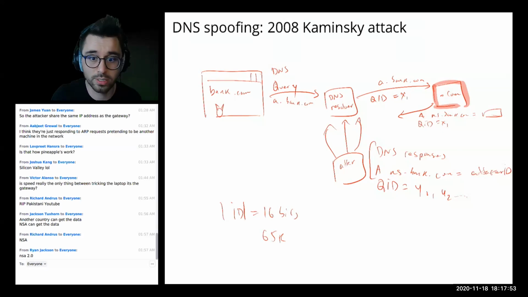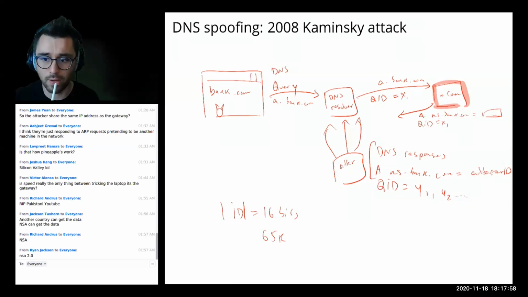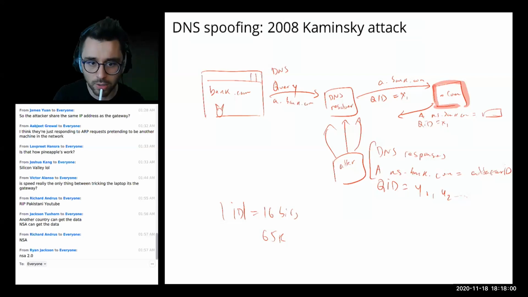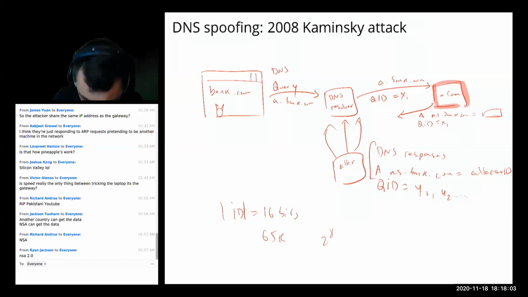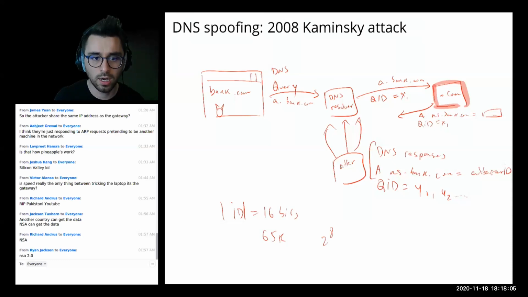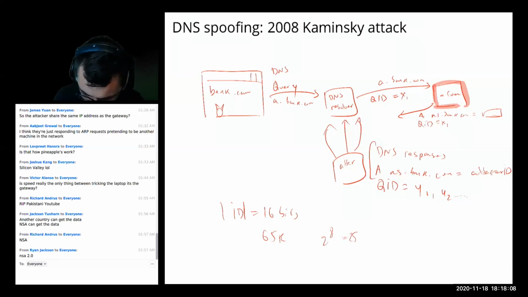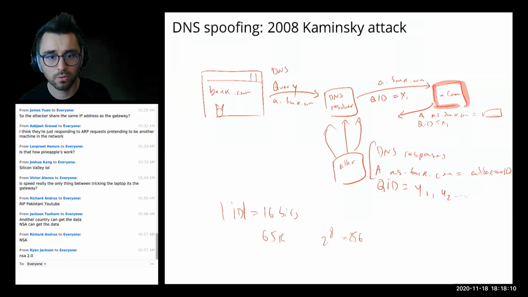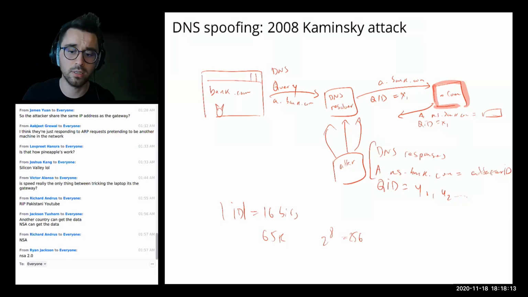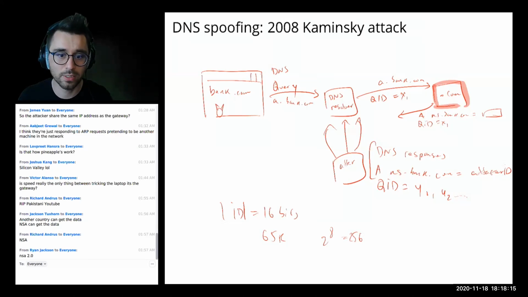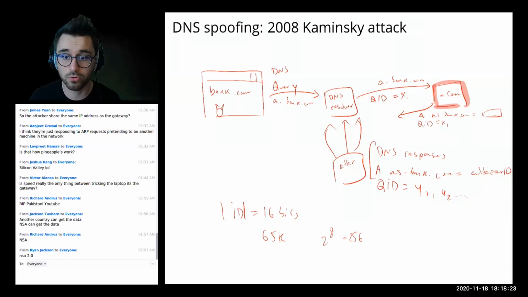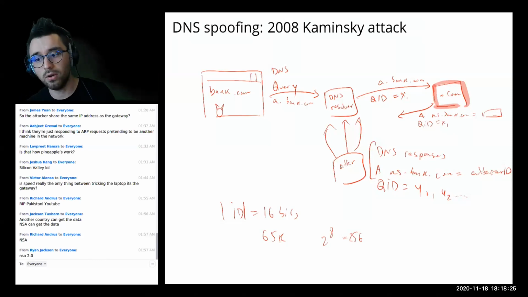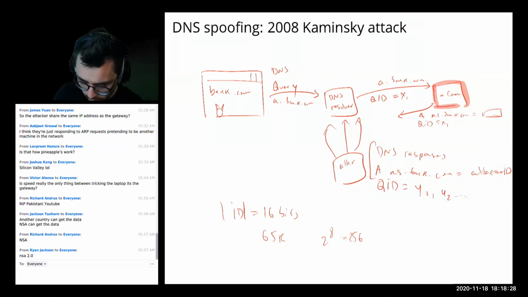But that's a lot of requests that will totally get noticed. In practice, we actually don't need this. We can take advantage of the birthday bound, which basically says that after 2 to the 8, so instead of 2 to the 16, random guesses, we will likely succeed. So what this means is after roughly 256 responses, we can actually poison this local DNS resolver to think that the name server for bank.com points to the attacker controlled IP address.